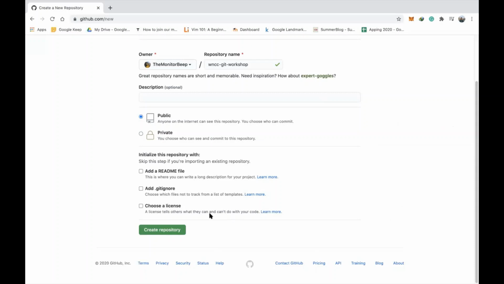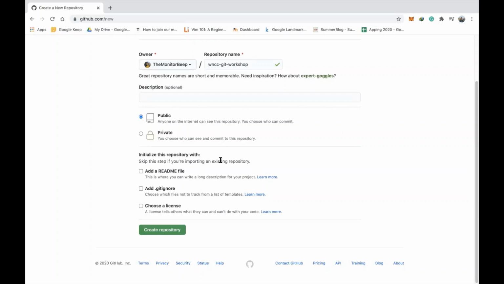These three sections, the .gitignore and licensing, will not be very useful to beginners, so I will not be covering them in this session. A README is nothing but a markdown file, the .md file. If you have explored github.com before, you might have seen repositories where the main repository page has a proper description. There is a very fancy description of all the files that the repository has, for example, what the main.py file is and what requirements you need to install before that. All of that should be detailed in your README file. It is highly recommended that for any project you have a very detailed and